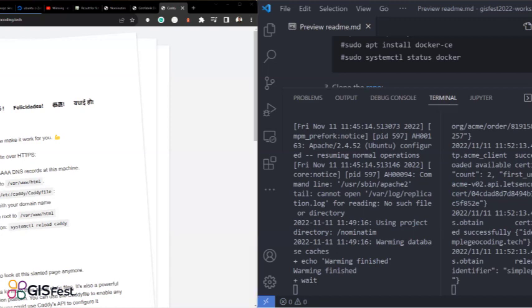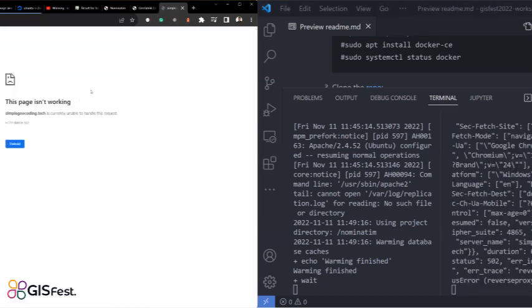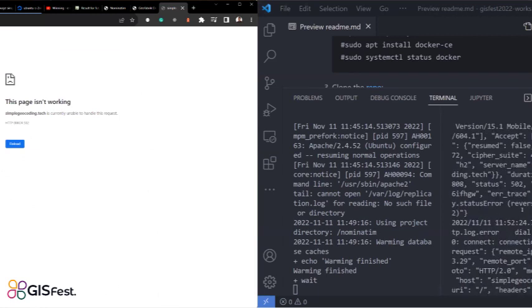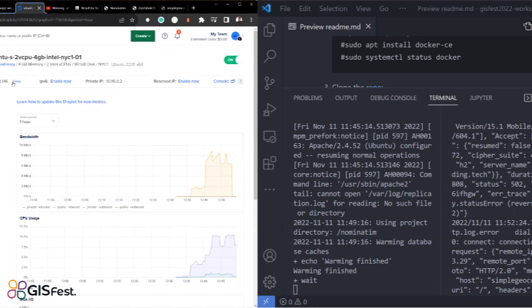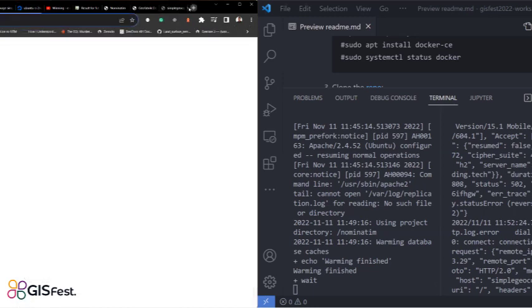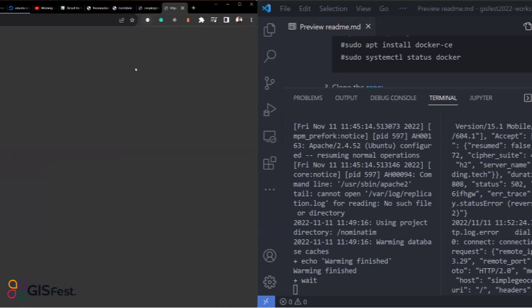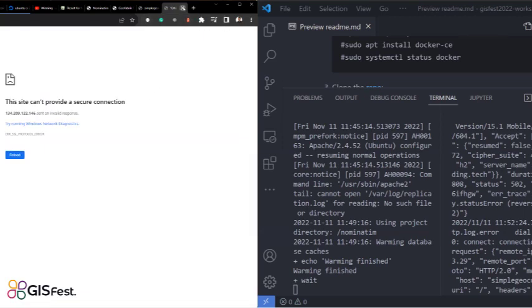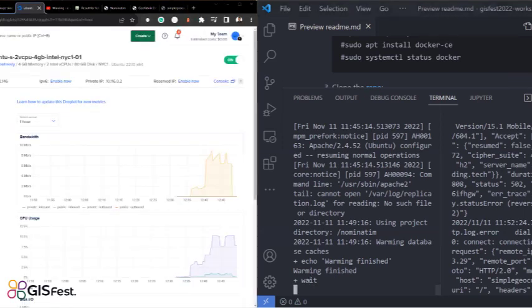Once that is done, if I reload this, it should now have SSL certificates. So there's nothing at port 9000. Let's just confirm if this is working already by going to the raw IP address. Okay, it's not working yet. It's still